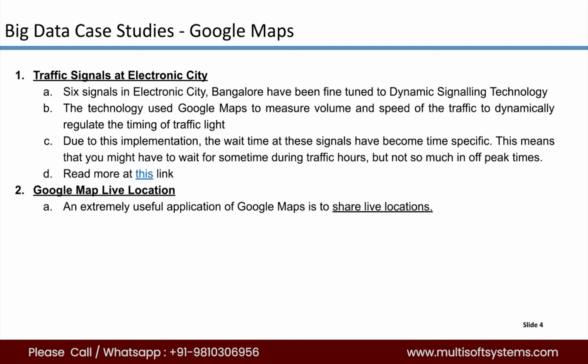And if you go to that page in Google, you will see that police departments in the US use it. In India, it is still not used. Police departments in the US use it to locate police personnel if they are following any fugitive or criminal, so that they will come to know if any policeman is hurt. If they stop getting the signal, they will come to know about it. Google Maps live location.